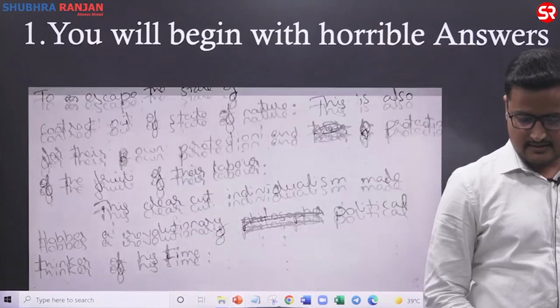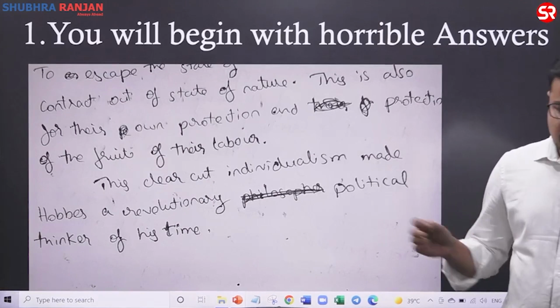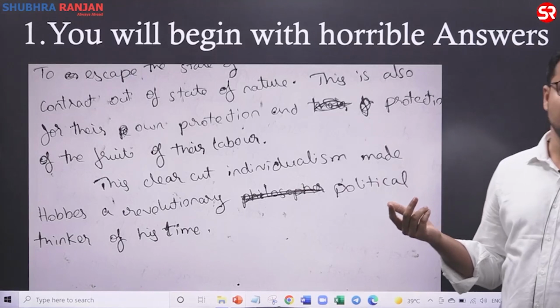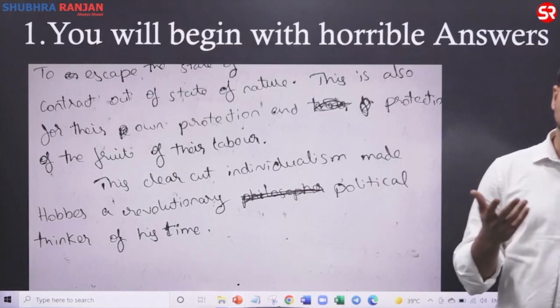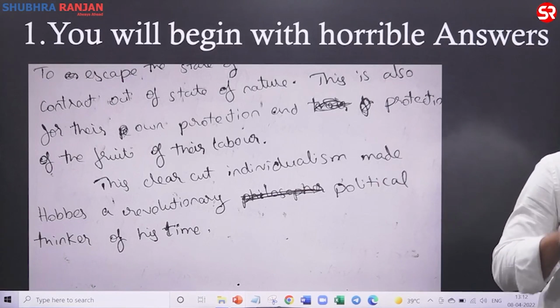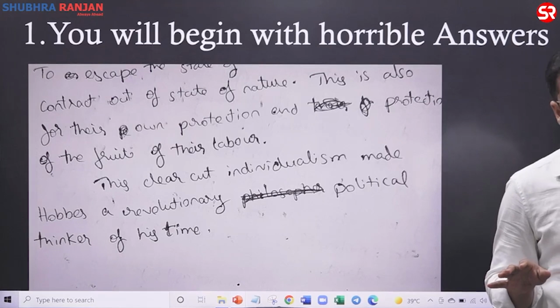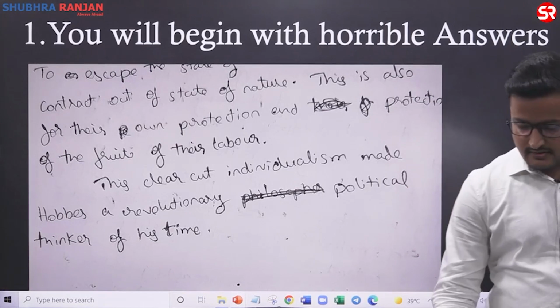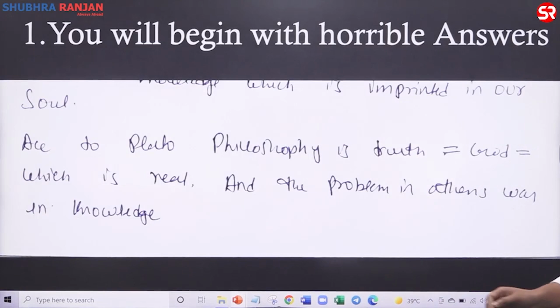देन ये देखो, कंक्लूजन है कि this clear-cut individual. क्लियर कट क्या होता है भाई? मतलब you are a postgraduate, you are a scholar in the subject, you are claiming to be the scholar in the subject, and you are saying this clear-cut individualism. तो it's so. देन ये लास्ट इनका देखो, मैम ने लिखवाया है, इन्होंने लिखा